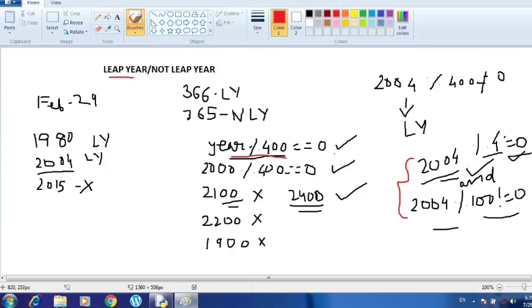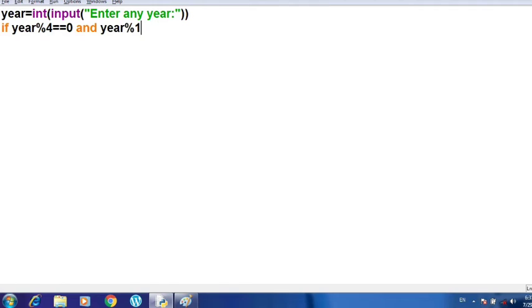So we are here on the Python shell. I am taking a variable year here and writing the program. I'll take the input from the user: input, enter any year. Alright, I have written the input line now. Okay, so now I'm going to write the if statement in which we check the condition that if the particular year is divisible by 4 and the remainder is 0, it means it is successfully divisible by 4 and it is not a multiple of 100. It means it is not a century year. Then it will be said to be a